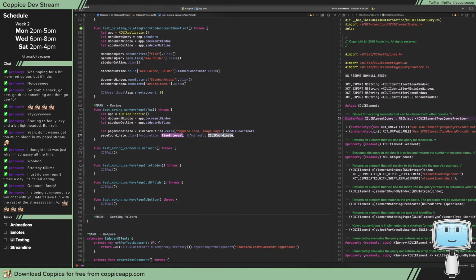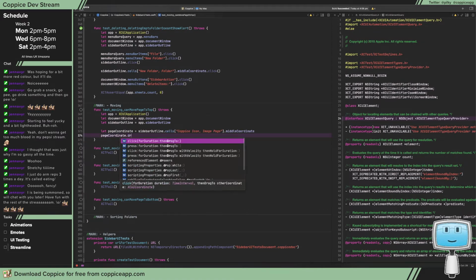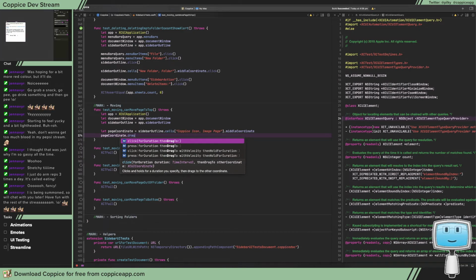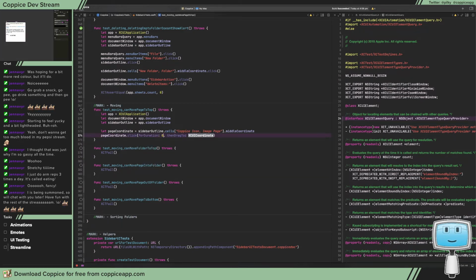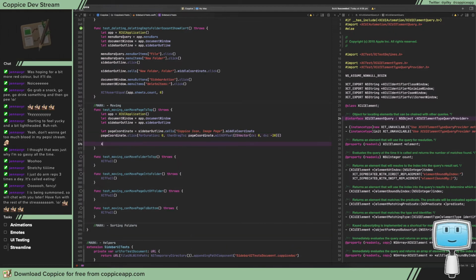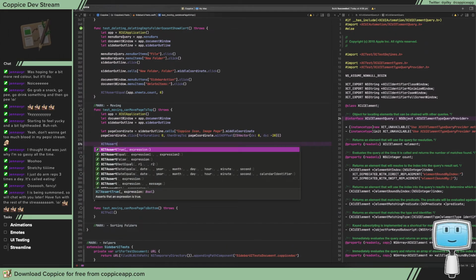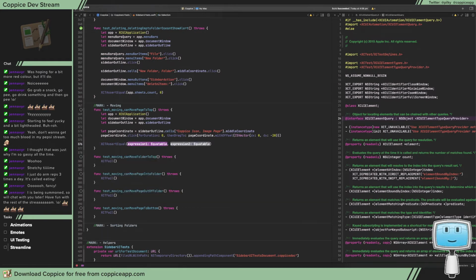Right, so click refrigeration 0 and then drag, okay. So click refrigeration 0 and drag to page coordinate with offset CG vector 0 minus 20 possibly. And then I want to XET assert equals